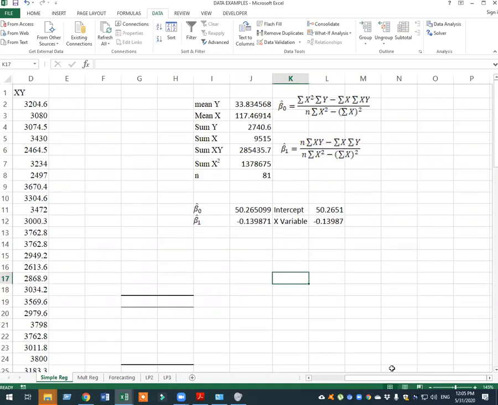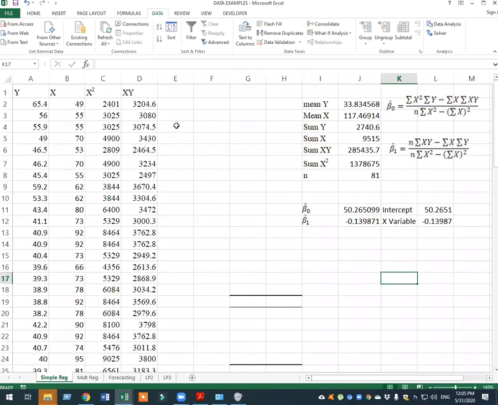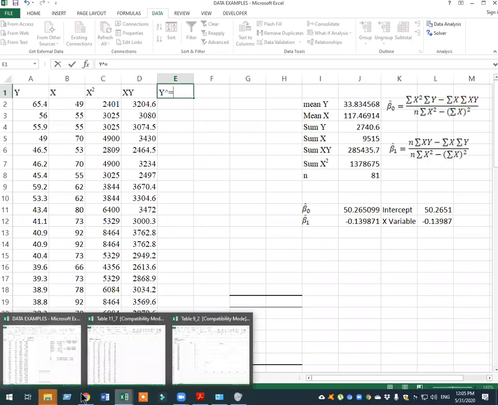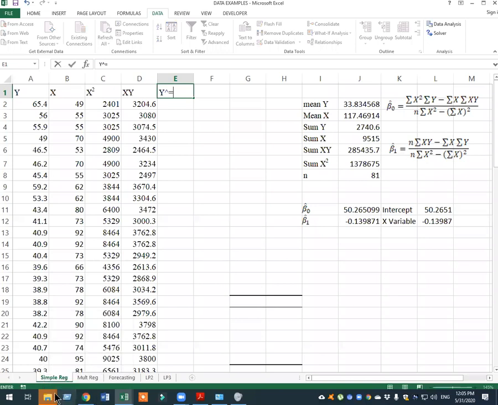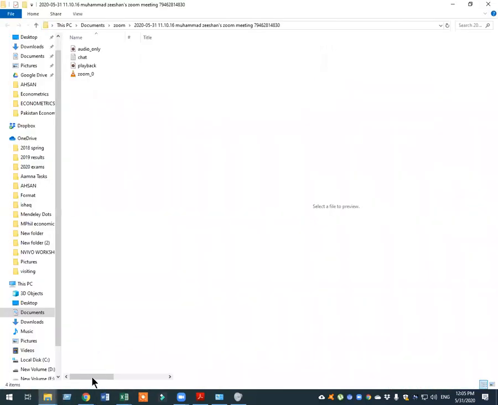अच्छा जी. Now here, now we have calculated the b naught and b1. We have calculated the regression line, and that regression line was y cap is equal to b naught cap plus b1 cap x. That is our regression. That was our regression line. If you see that in the last slides,